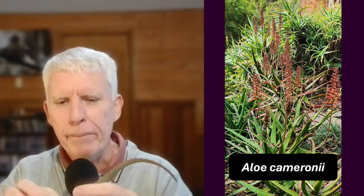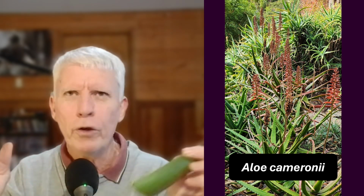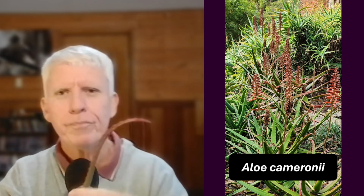This is the one next to my driveway, and I remember seeing it once at Mount Coot-tha Botanic Gardens in its glory of red foliage, and I think I actually fell in love with that one. It's one of my two favorite aloes I own. Let's go back up to